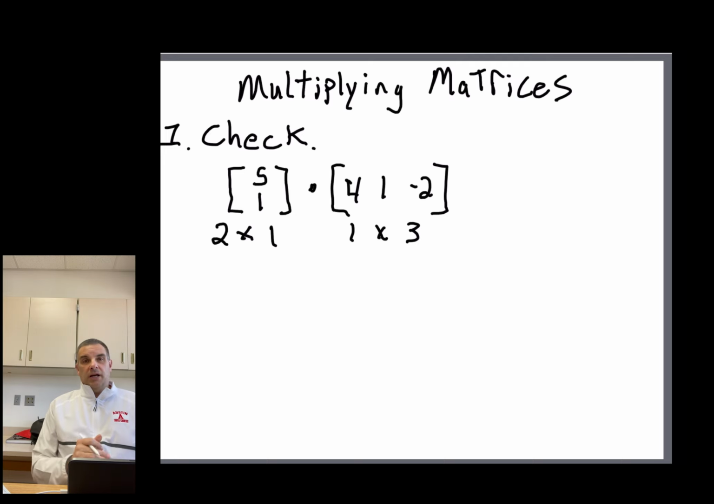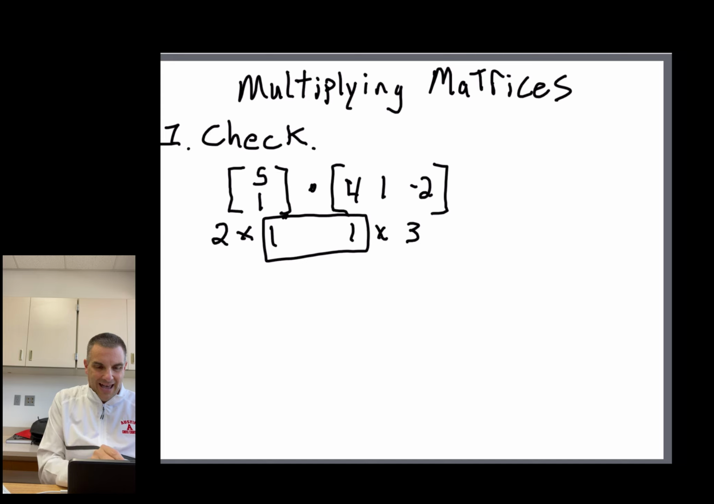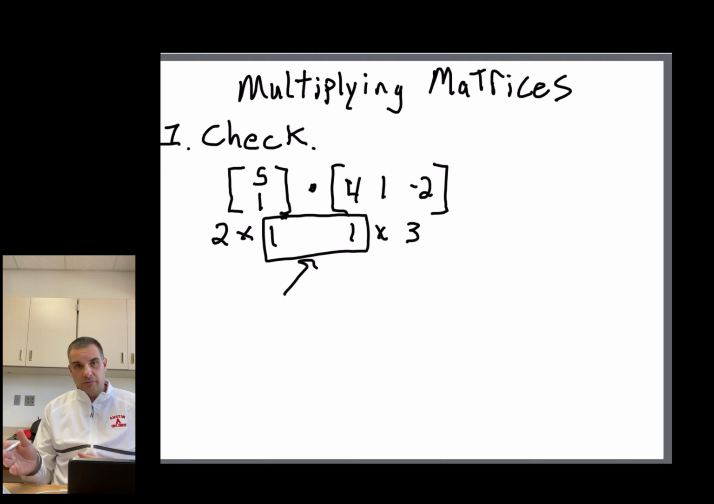So when we're multiplying matrices together, we have to look at the columns and the rows. Once you determine what their rows and columns are, you want to look at that middle term. And that piece right there needs to be the same. Okay, so we've got a 2 by 1 and a 1 by 3. The number of columns